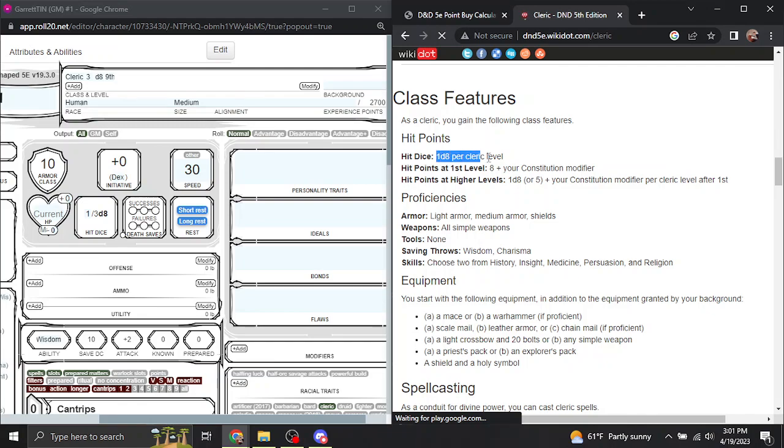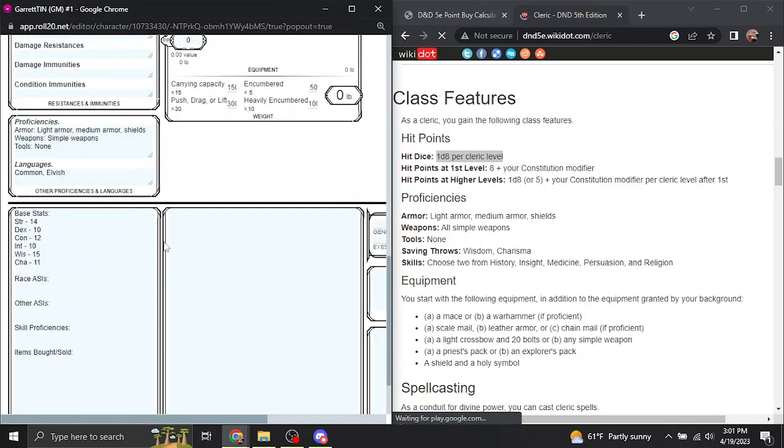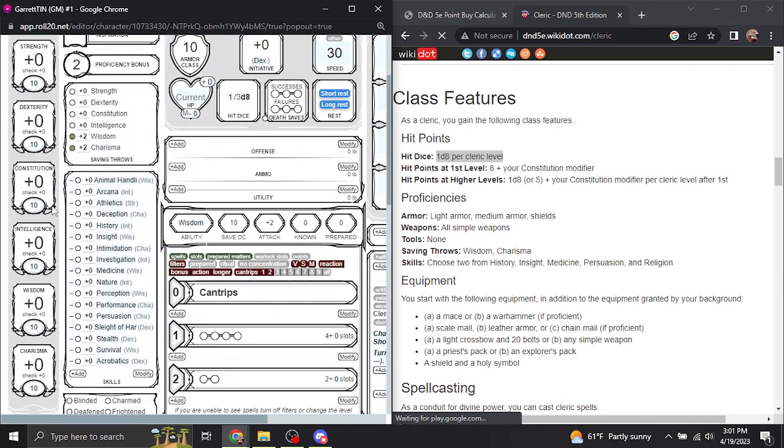So when it comes to hit points for our start, let's see, for Constitution we have a 12. So what you would do there is you can decide if you wish to take average or roll for your additional levels past 1. So for our first level we gain the maximum, which is 8 plus our plus 1 Constitution. So that gives us 9. And for the sake of this video we will be using